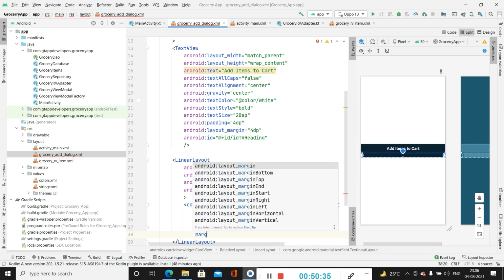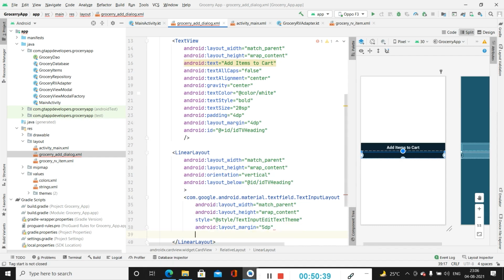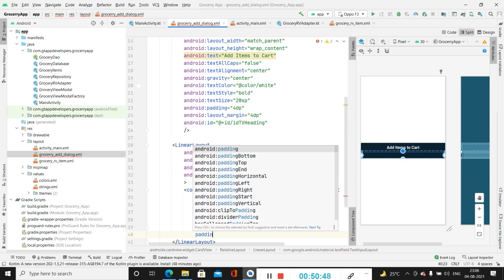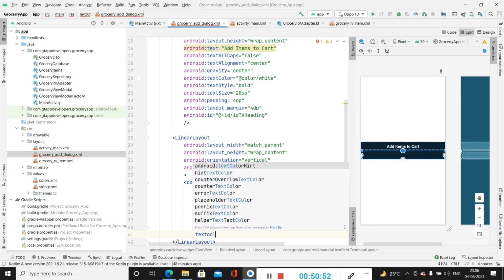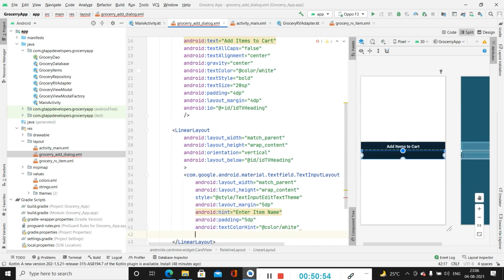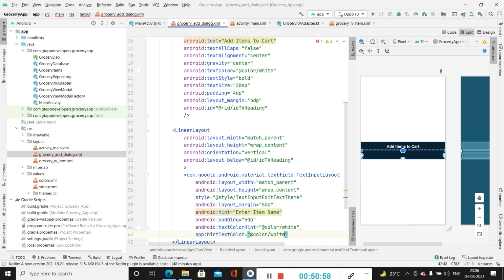Then we will specify margin as 5 dp, hint as enter item name. Then we will specify padding as 5 dp, text color hint as white, then text color also as white.